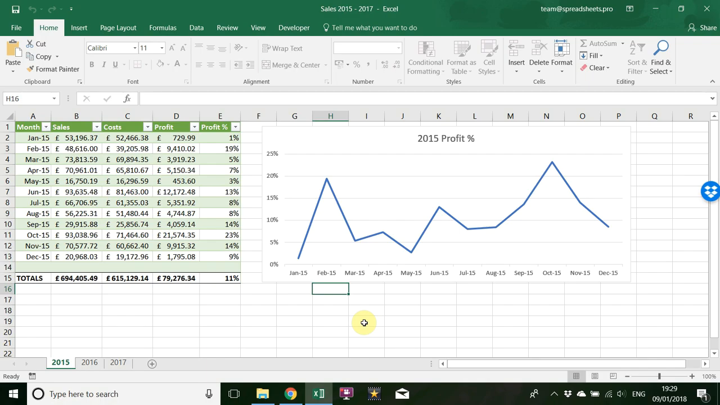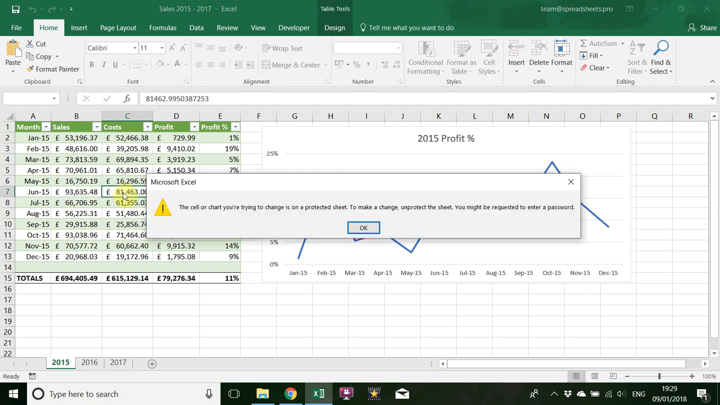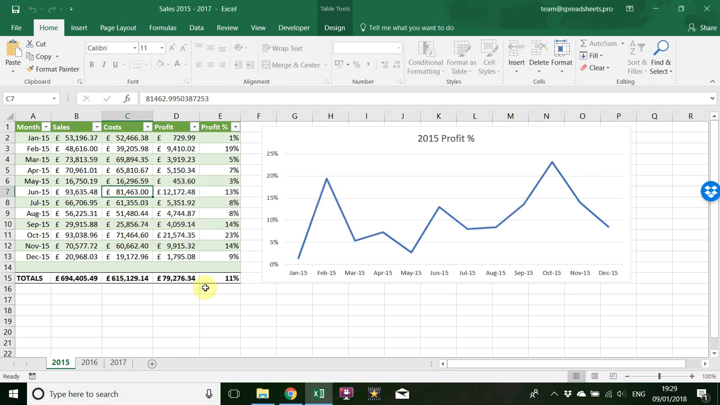Okay, so right now we're looking at a protected workbook. So what happens if we try and edit a protected workbook? We get this error message telling us that it's protected. Unprotecting it is very easy or completely impossible, depending on whether or not it's password protected and whether or not